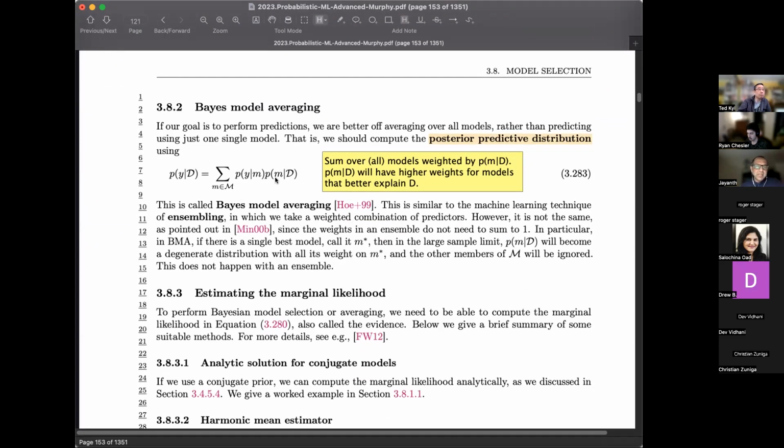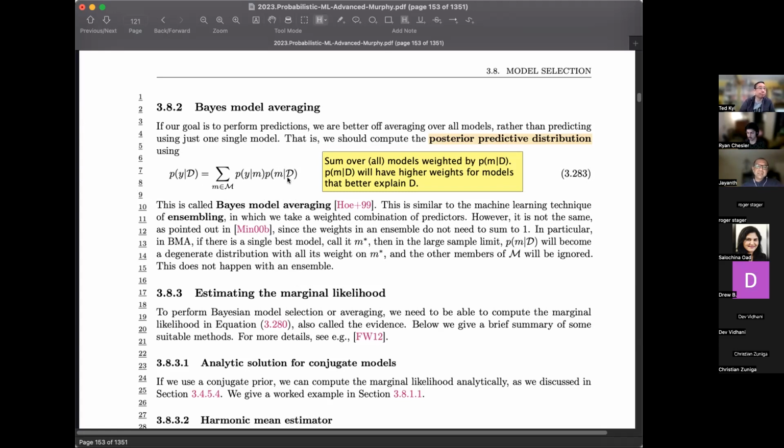If you have all these different models, and for each of them you can predict Y given that model, and you have that model given the data, then you can combine them all using this. The difference is that in ensembling, we come up with equal weights or what have you. The difference here is that the weightage is dependent upon how good the model is. And so